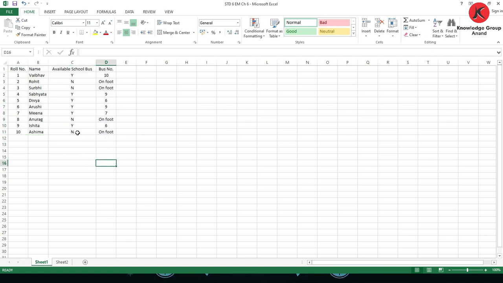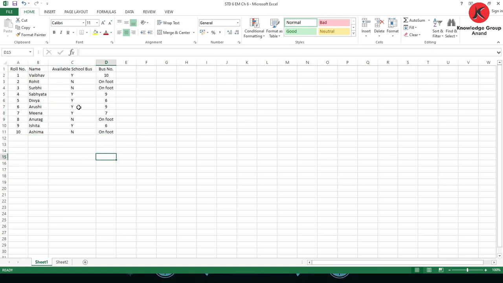Second way, you can use the extend mode. In the extend mode you click here and press the F8 key. When you press the F8 key, the extend mode is automatically turned on. Now click on the diagonally opposite last cell and it will automatically select. Now press the Escape key. Okay, got it. There are different ways to select; you can also use the Go To command, which is also used to make multiple selections.